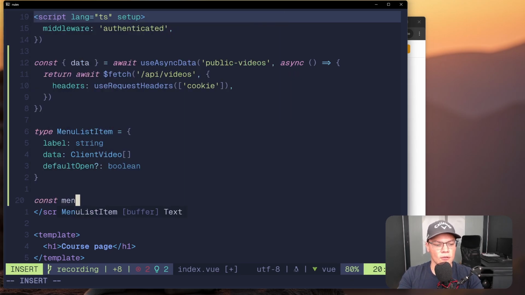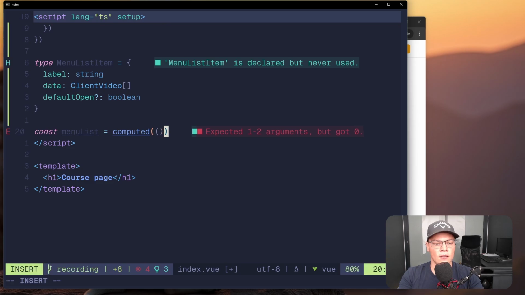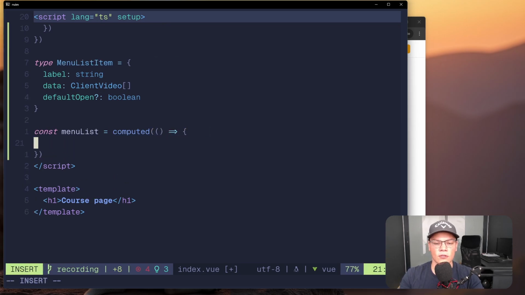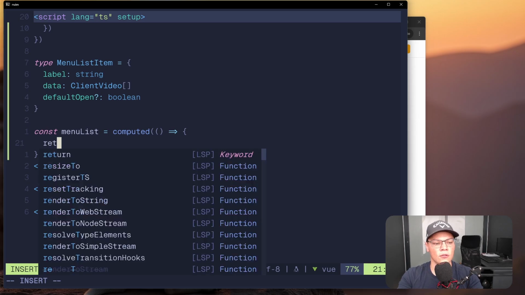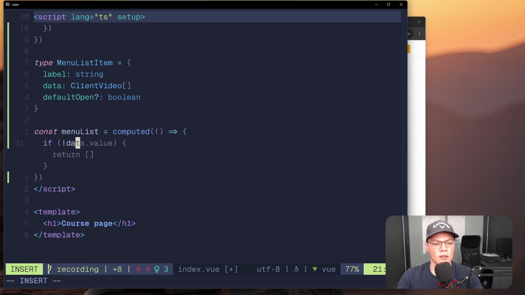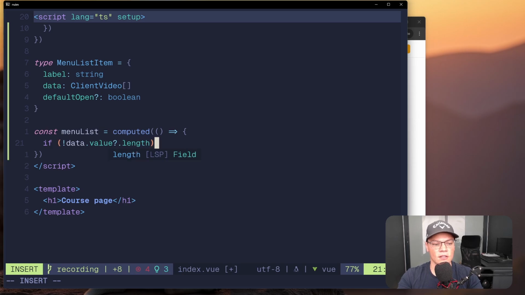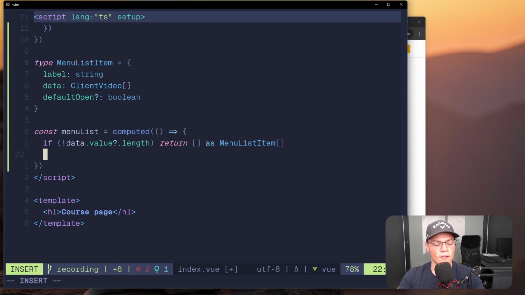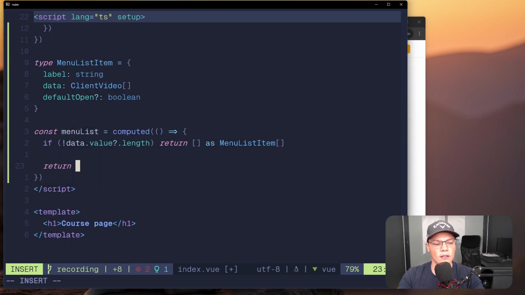So now we can make a menu list. And the menu list is going to be a computed property. This computed property will reduce the array into another array. So we'll return first we'll check if there are any items, because we can do something like if there's no data.value.length. So basically if this doesn't exist, we can just return that as a menu list item array. Then we know at least we do have videos, and then we can return the